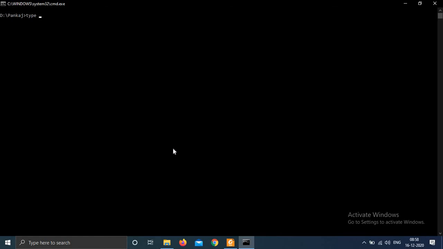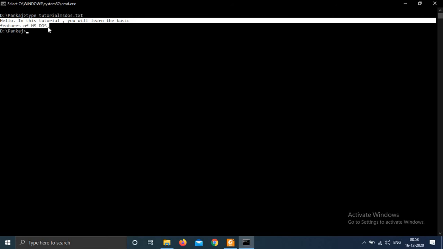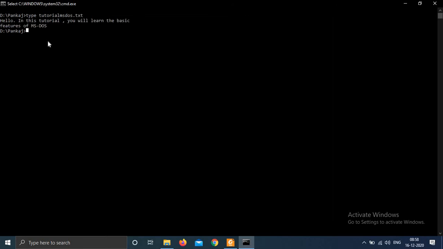The name of the file is tutorial ms-dos.txt. So here you can see the contents of the file from the command prompt. I am only discussing the basic features of ms-dos that will help you in the exams, and that will help you in managing any drive using command prompt.